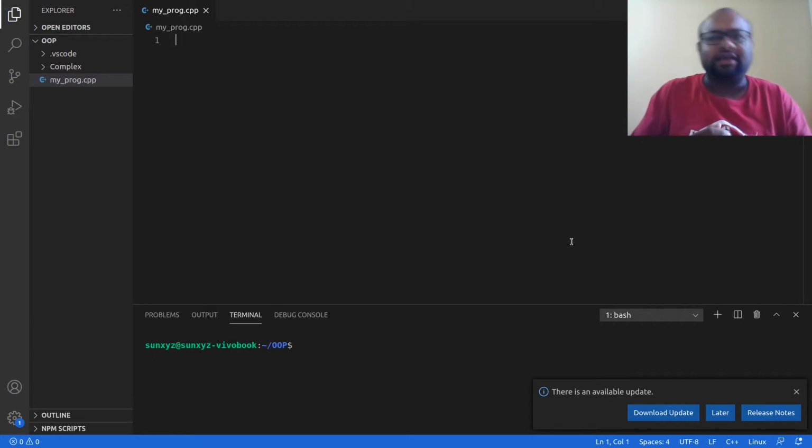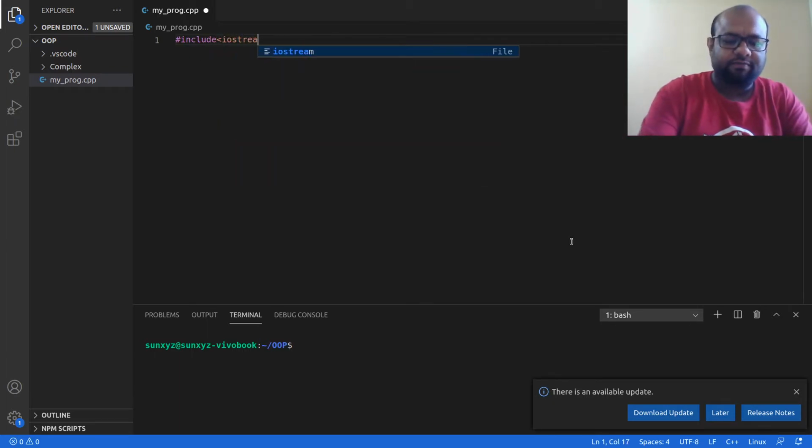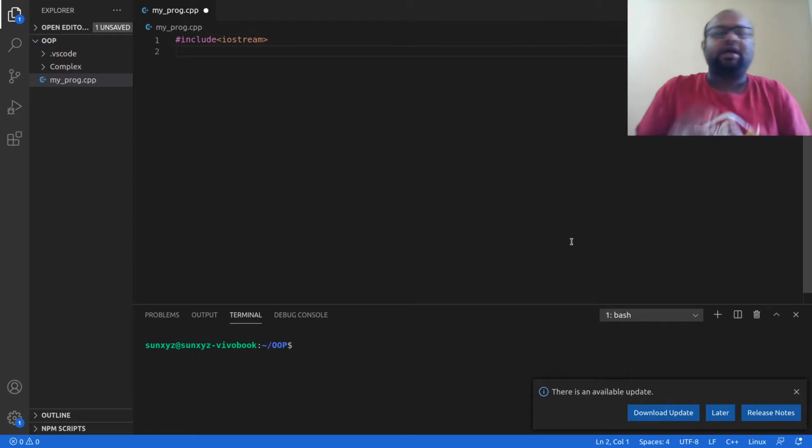So like any other program, the first thing that we are going to do is include iostream. Now as you already know, in complex numbers we need a few mathematical functions. For example, we need square root and we need tan inverse.